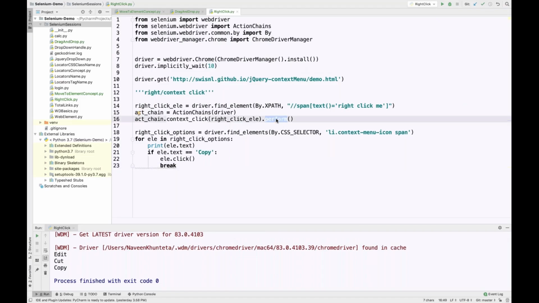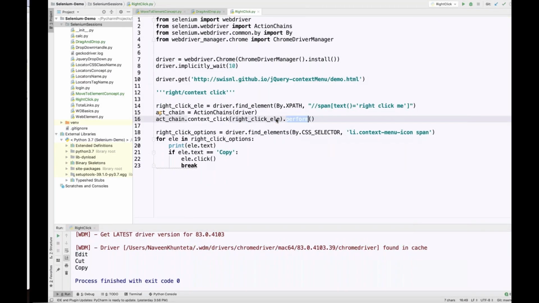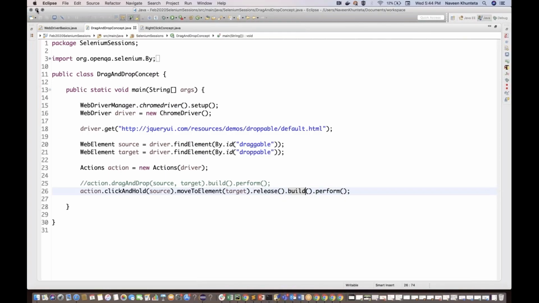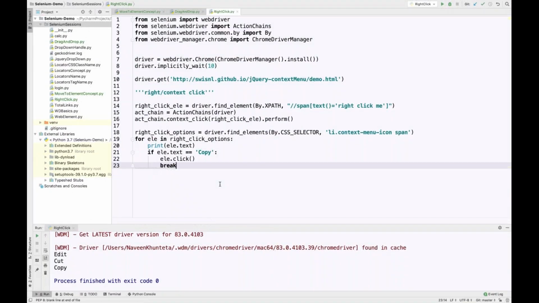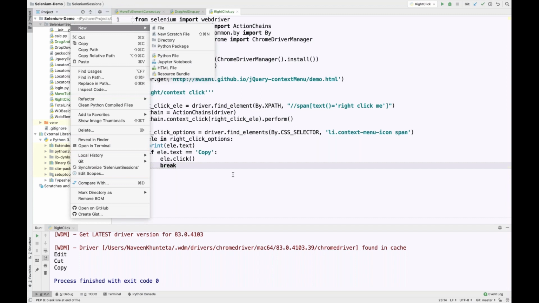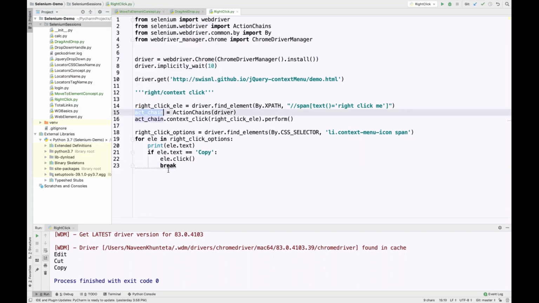We need to use perform. Anyways, I don't want to show you the Java code unnecessarily, so let me minimize it. Now, these are the 3 examples, right, guys? We can do that. Now, along with the actions classes, we can perform some other things also. So if you really want to see what different methods are available, let's see, if I come over here,